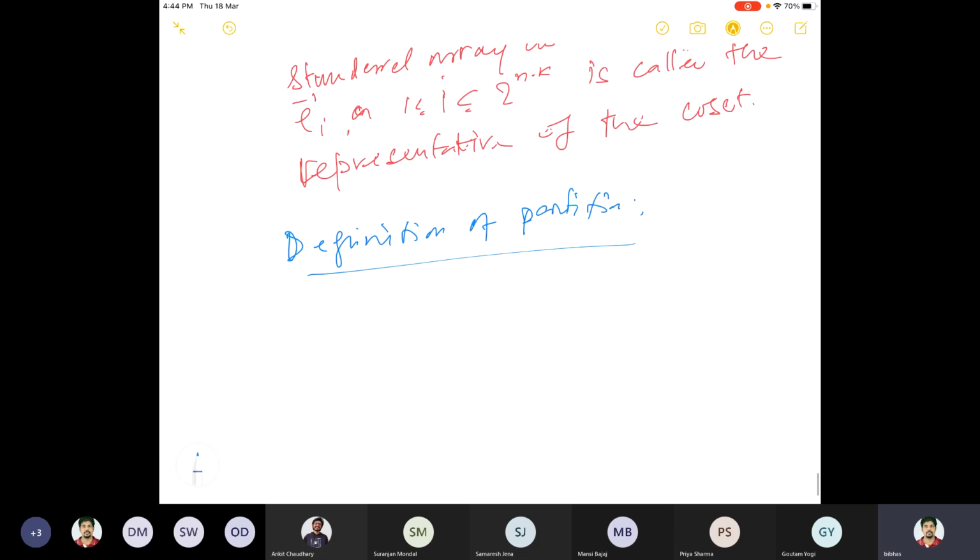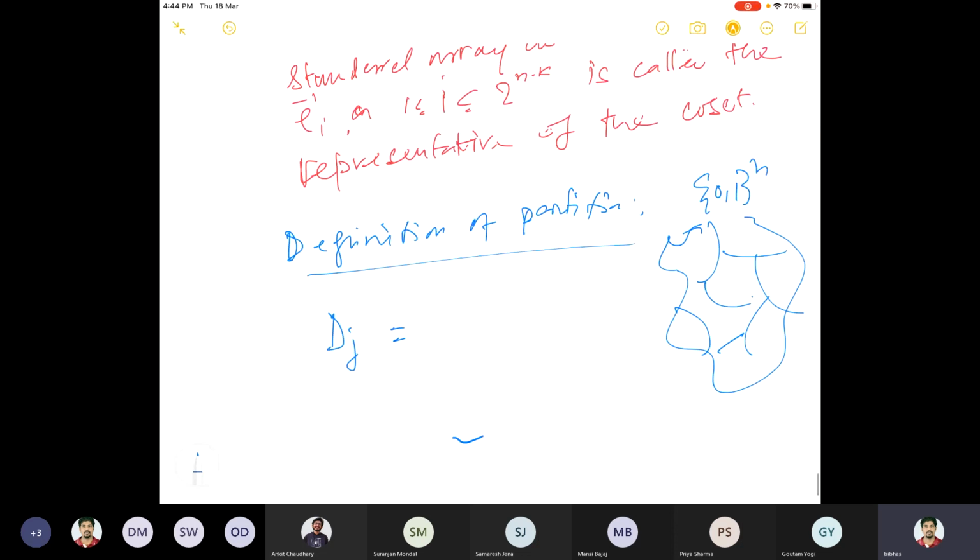So I'm supposed to define what is called DJ. Here I had this {0,1}^n, and I divide it into 2^k partitions, classes. Each of these is denoted by D1, D2, DJ, and so on. So DJ is my VJ,